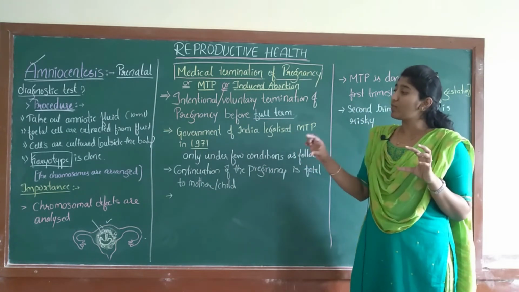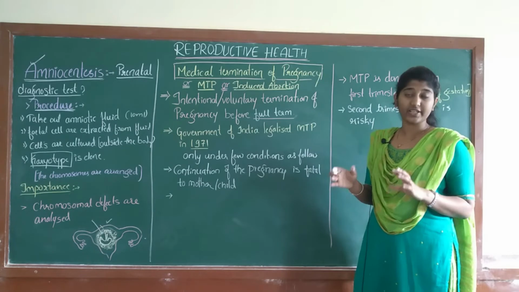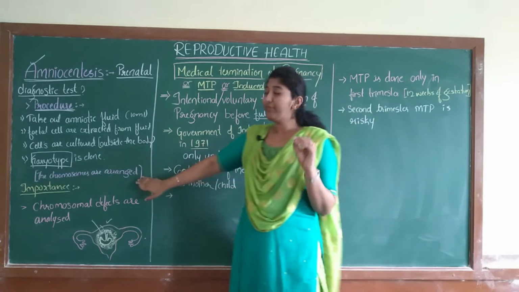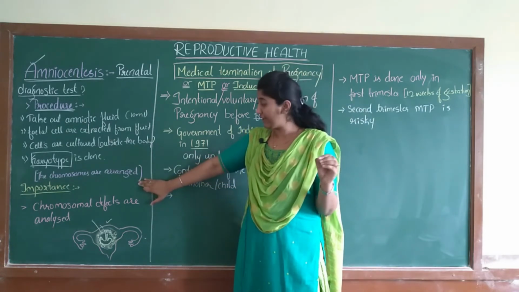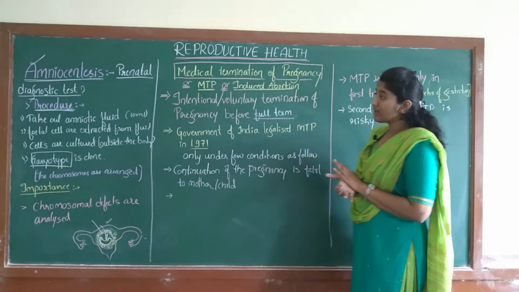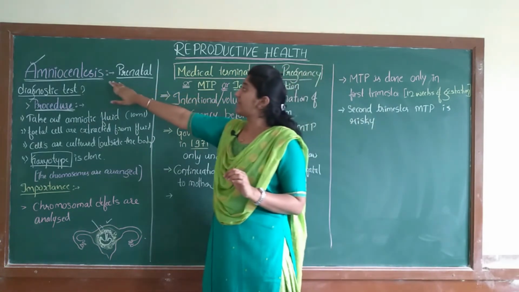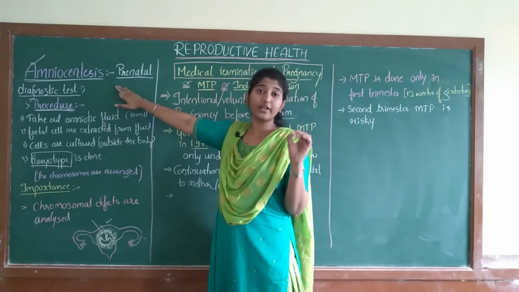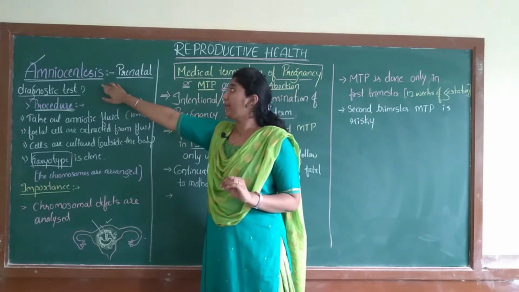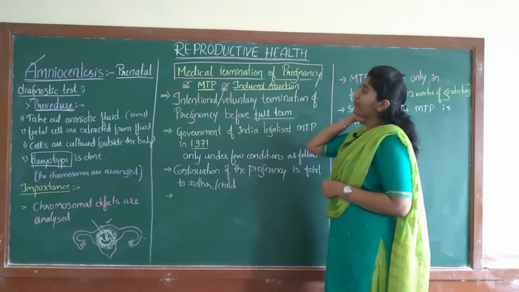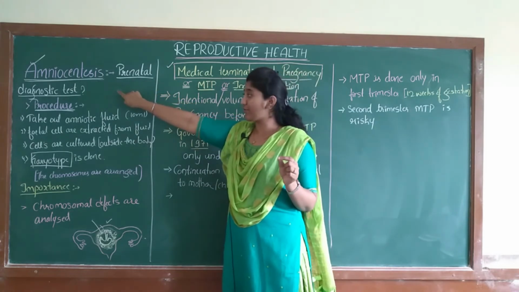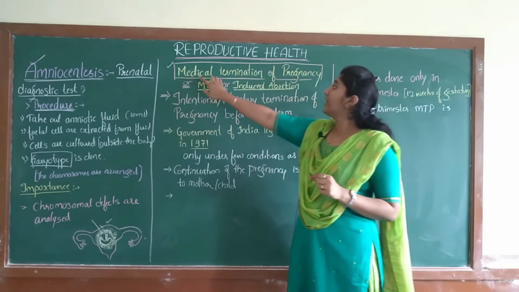Once the chromosomes are arranged in the dividing stage, all the structures of the chromosome are studied, and if there is any defect in the chromosome, then it is definitely risky. The baby is not safe. So this is how amniocentesis is performed, to know whether any chromosomal defects are there in the fetus. This is about amniocentesis. I'll tell you the importance of this test shortly.